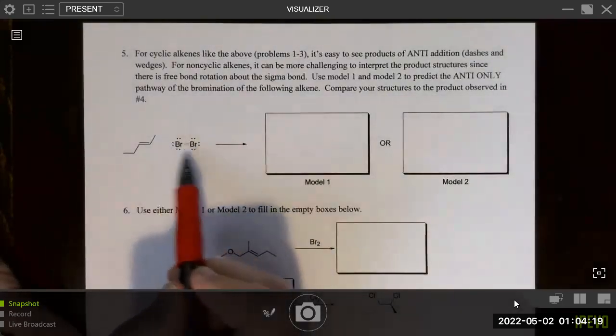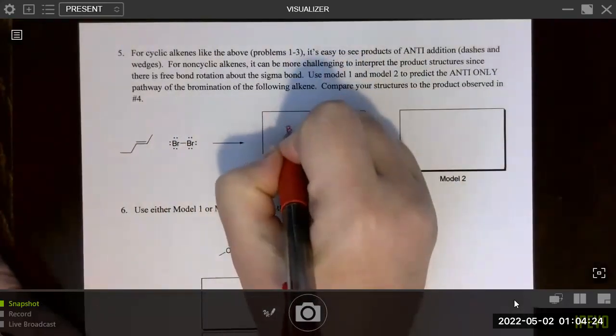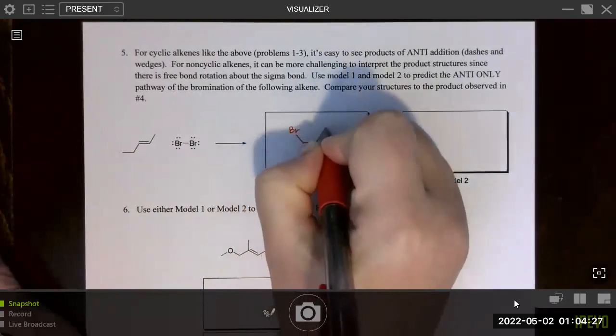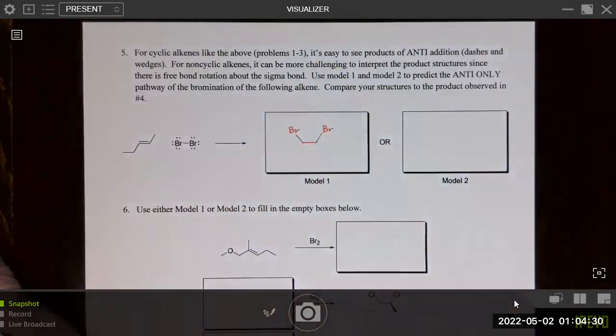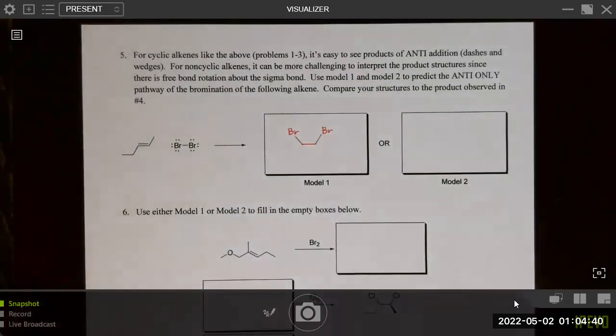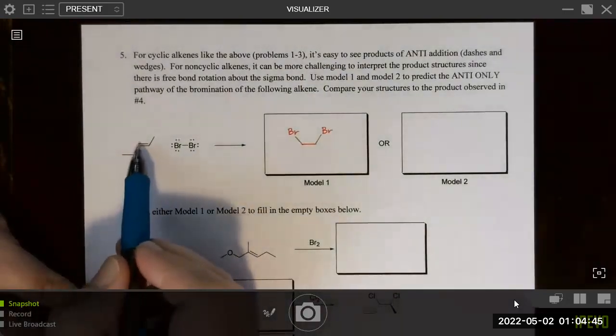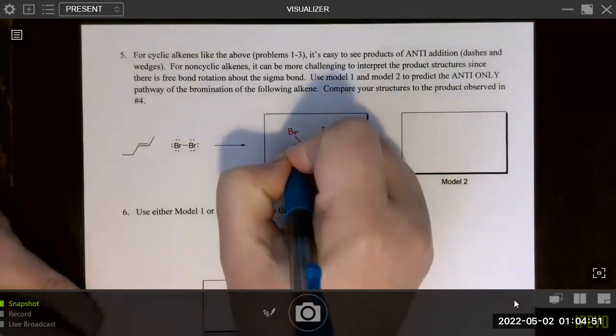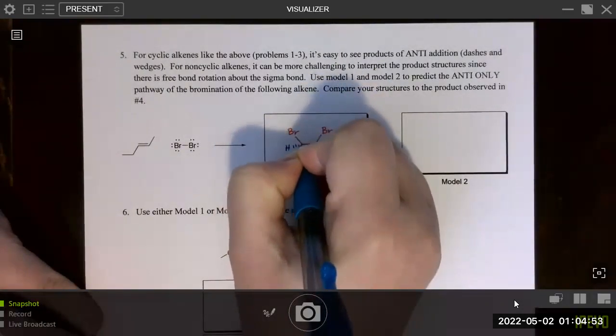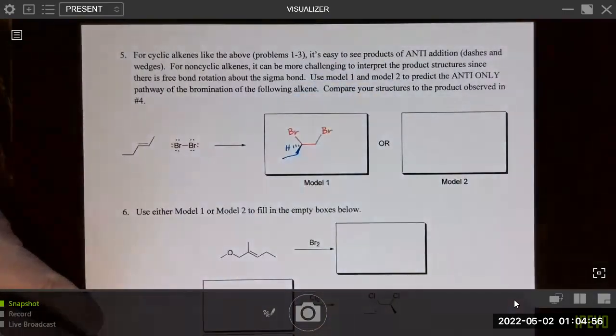So what are we adding across the double bond? We are adding in the 2 bromines. We can go ahead and add in those bromines, just like that. Remember, we want to draw the anti-addition product, so you want to look at the model that shows you how to draw the anti-addition product. Okay, so from there, maybe we can even use a different color. Let's draw in the groups. So for this one, we can draw the ethyl coming out and the hydrogen pointed back. So we can just dash the hydrogen, with the ethyl coming out at you.